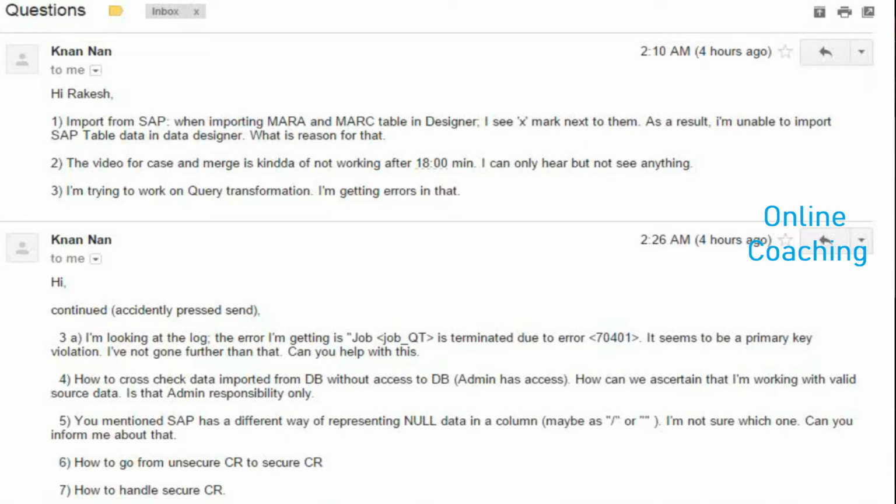Alright, so importing from SAP: when importing Mara and Marcy tables in the designer, I see X marks next to them. So that will be displayed, but it doesn't mean that the